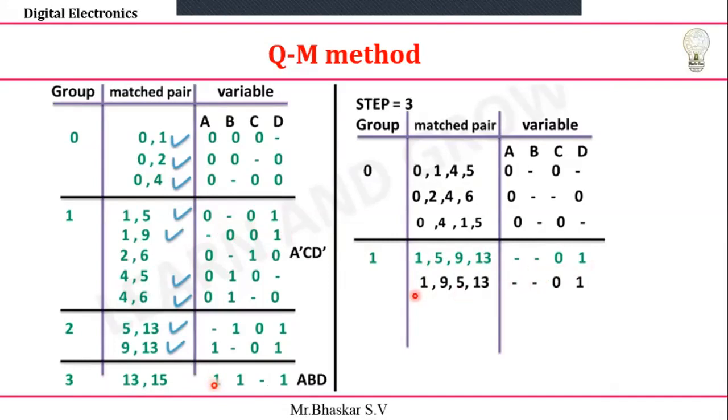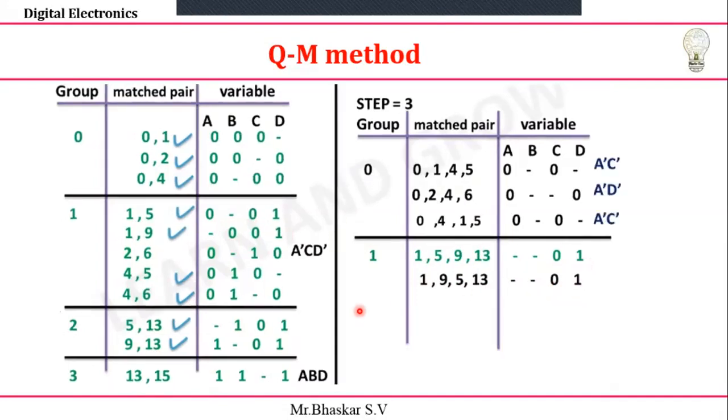Okay, next it is 1 comma 9 and 5 comma 13 you have. So 1 9 and 5 13 also same thing. First bit is dash, next the second bit is changing, next it is 0 1, that's why dash dash of 0 1. Okay, similarly you just check out the remaining part. So what I'm getting here, okay, everything I'm going to take next, anything possible, just check it out.